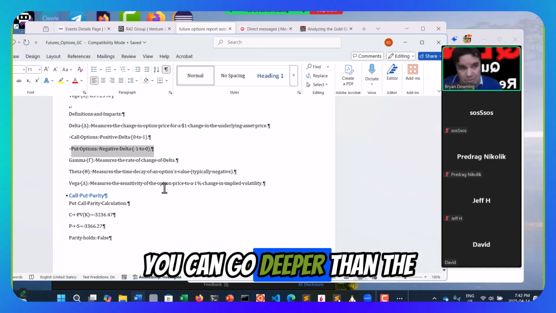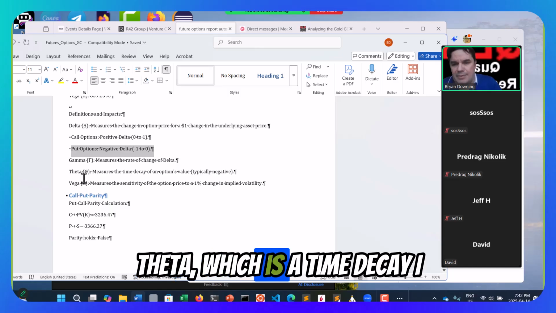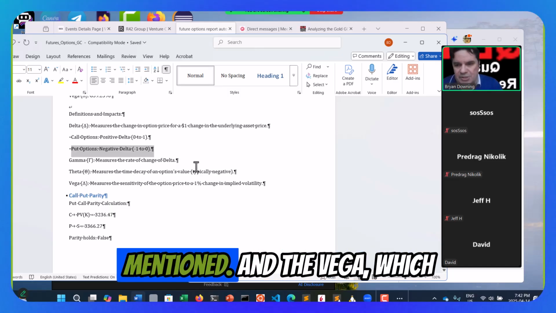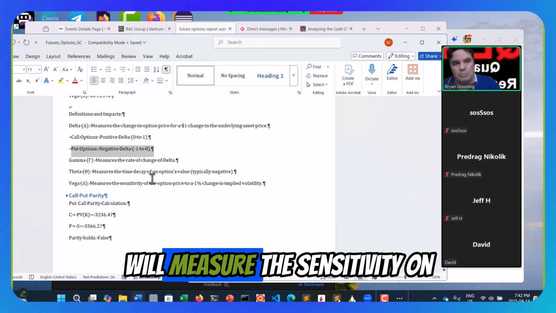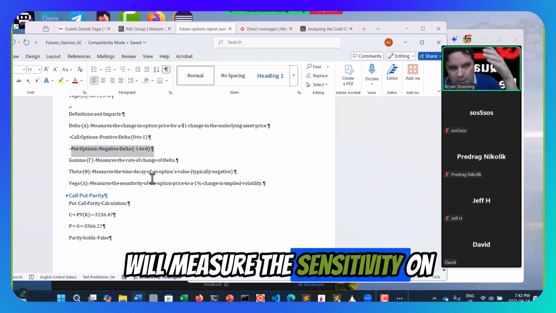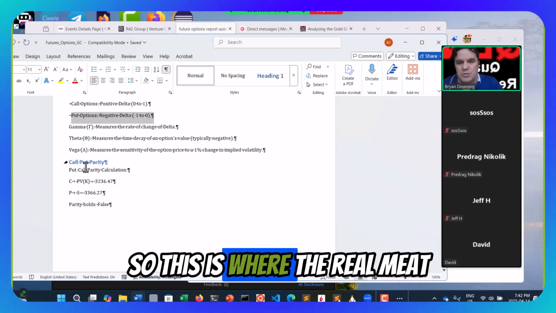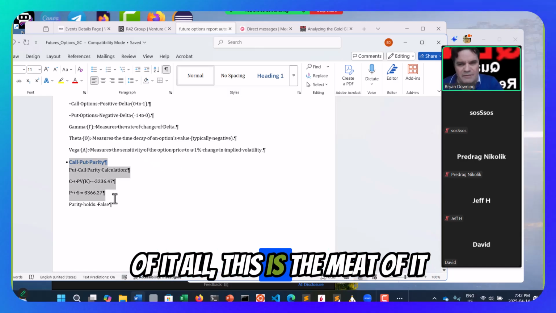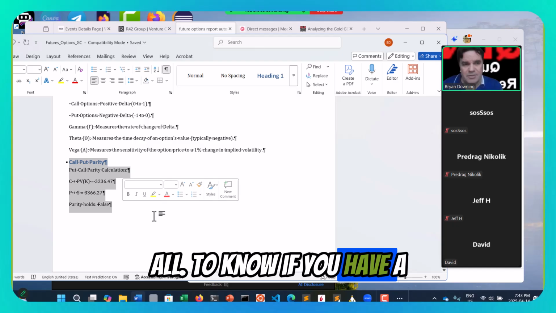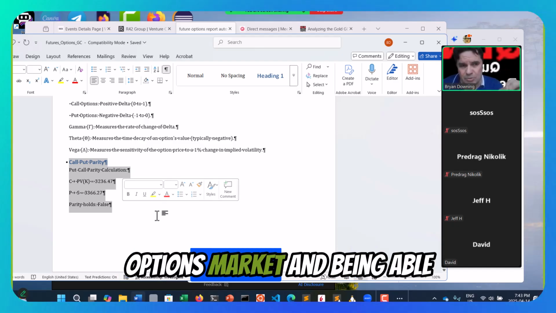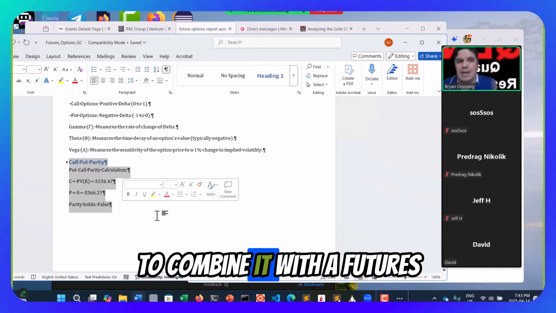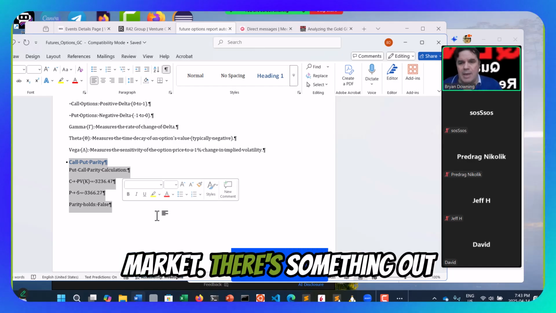You can go deeper than the theta, which is the time decay I mentioned, and the vega, which measures the sensitivity. This is the real meat of it all, to know if you have a trading opportunity in the options market and to be able to combine it with the futures market. There's something out there, and again,